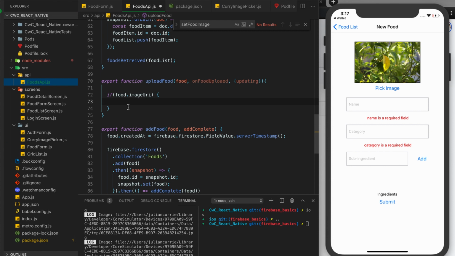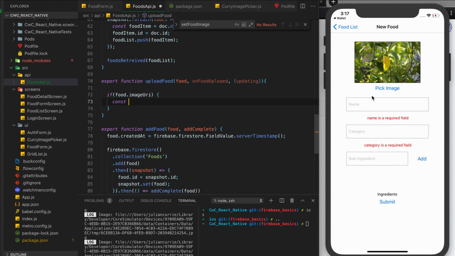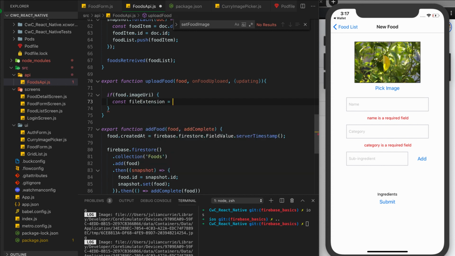If we have a food.imageUri field set for our local food object, then I want to create a file name for our food image first. So I'm going to say const. Based on whatever file type you have here, this could be a PNG, a JPEG, a GIF, whatever. So we want to have a constant, I'm going to say fileExtension. We're going to get that from the file name here. So we're going to say equals